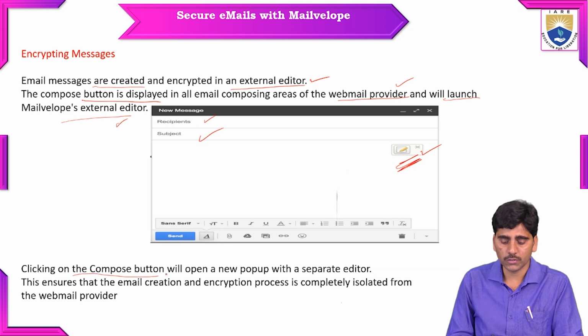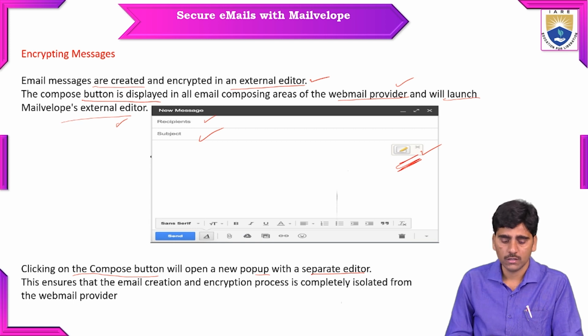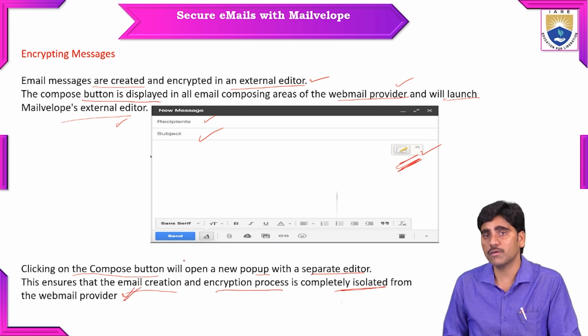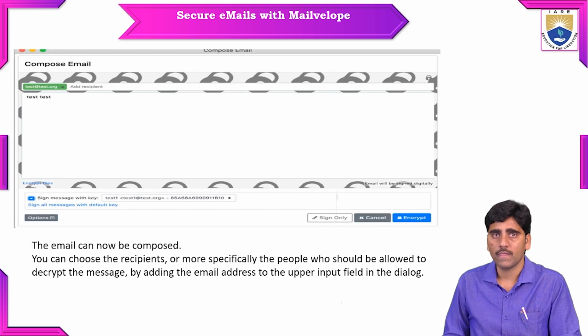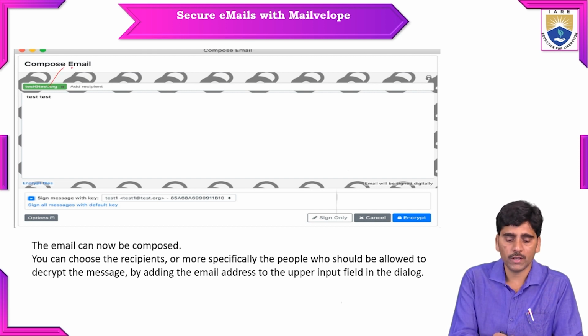Clicking on the compose button will open a new pop-up with a separate editor. This ensures that the email creation and encryption process is completely isolated from the webmail provider. So to compose, you need to click on that compose button displayed in the webmail composer. So here we are composing a mail to one of the mail addresses, like